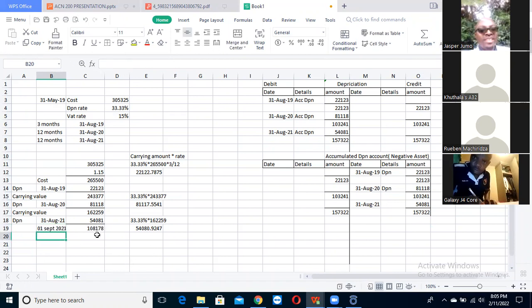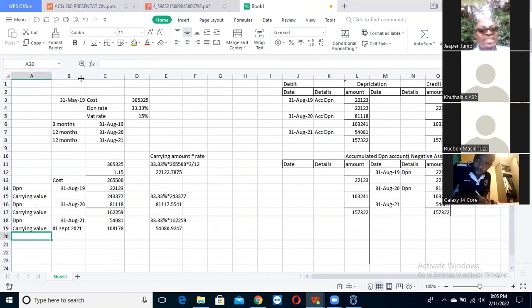2021, we had assets worth 108,178 rand. So this is the carrying value. As at the 1st of September 2021, what does this mean? It means from the time that we bought our assets on the 31st of May 2019 at the cost of how much? 265,500 after taking away VAT. Right now our asset is worth